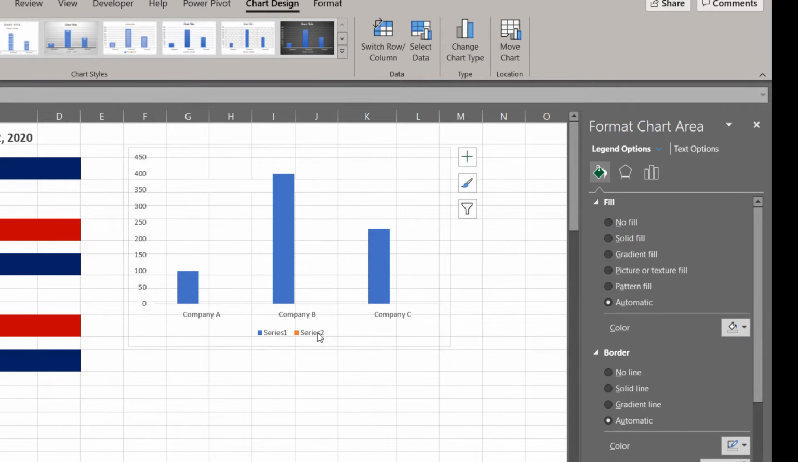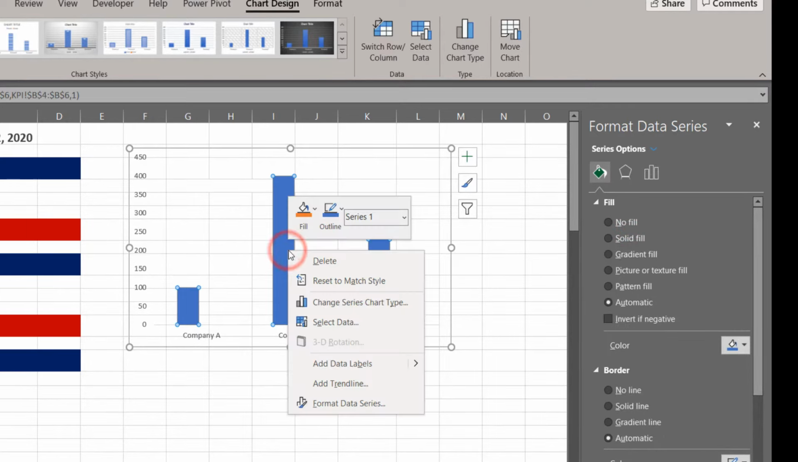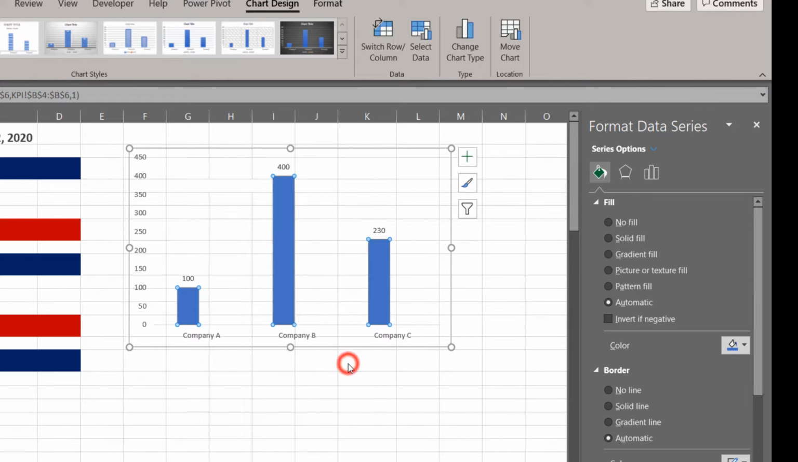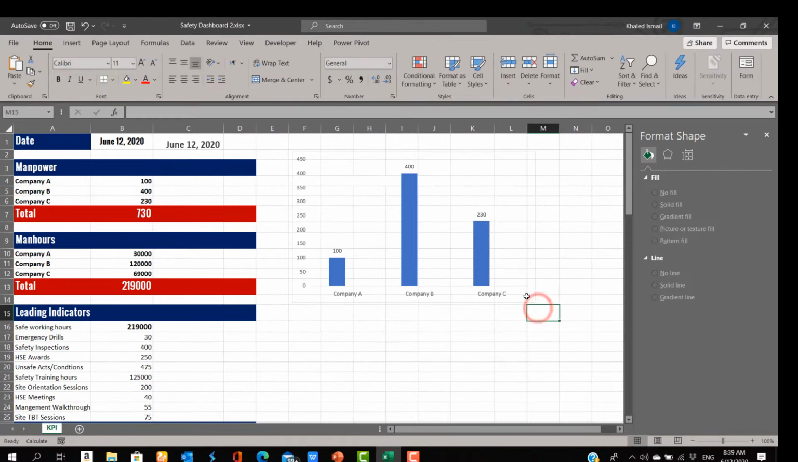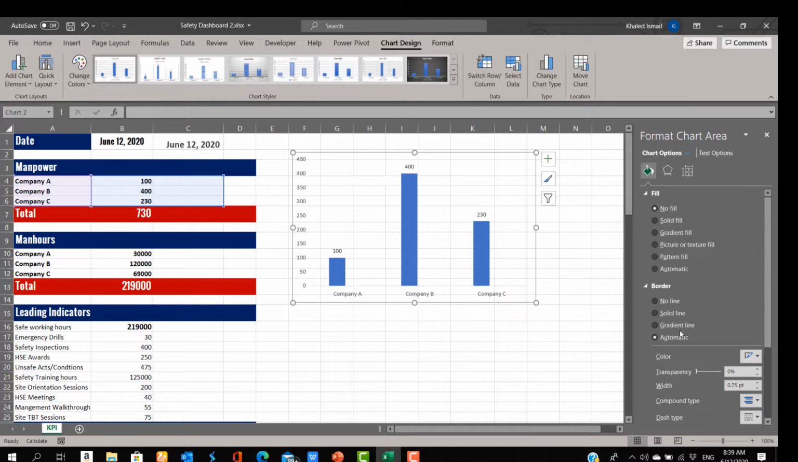Remove this here. Only show data label, add data labels on the slide, and border, no lines for the border. This second,